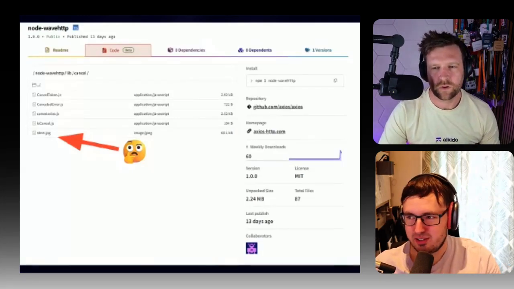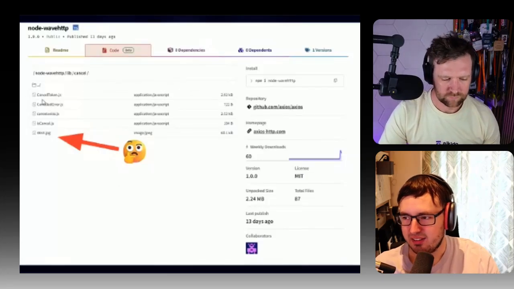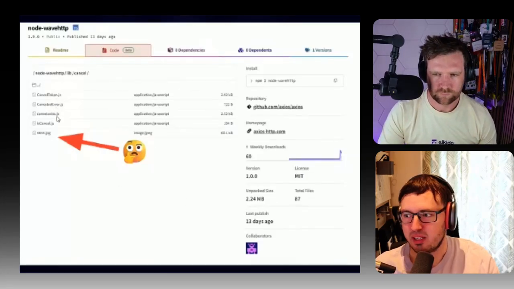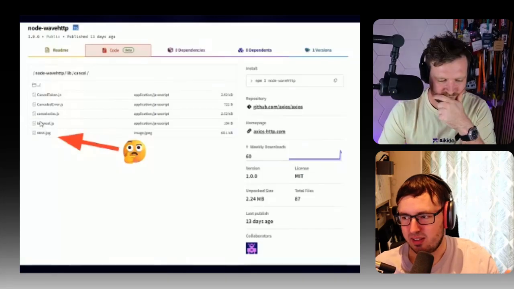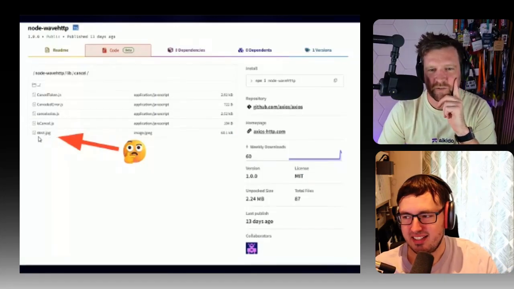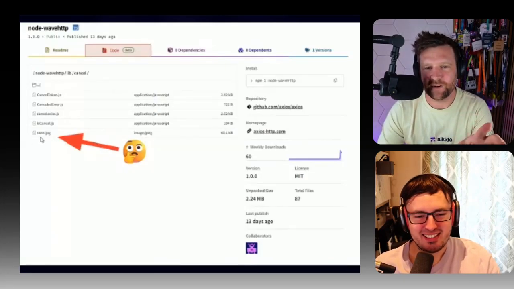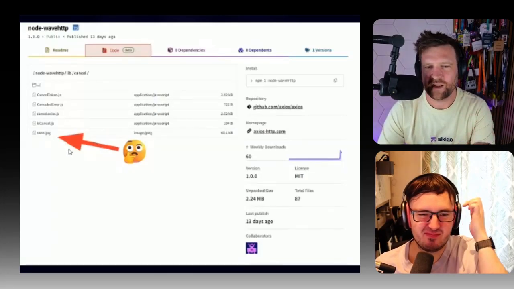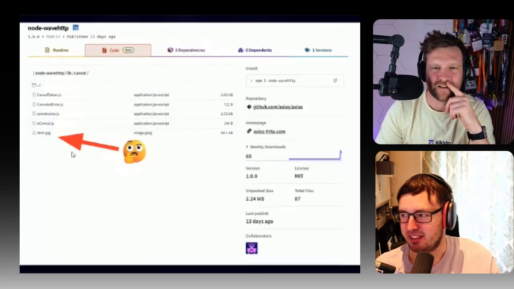You'll notice also there's a thing here about capitalization that's a little bit off. Right? You have cancel token.js, which is camel case. Then you have cancel Axios, which is all lowercase. And then you have a mixed case below that. And then you have a JPEG called S, which is kind of a random thing to have in there. Like an image inside this type of folder is kind of weird, right? Yeah, what's a picture doing in an HTTP client?